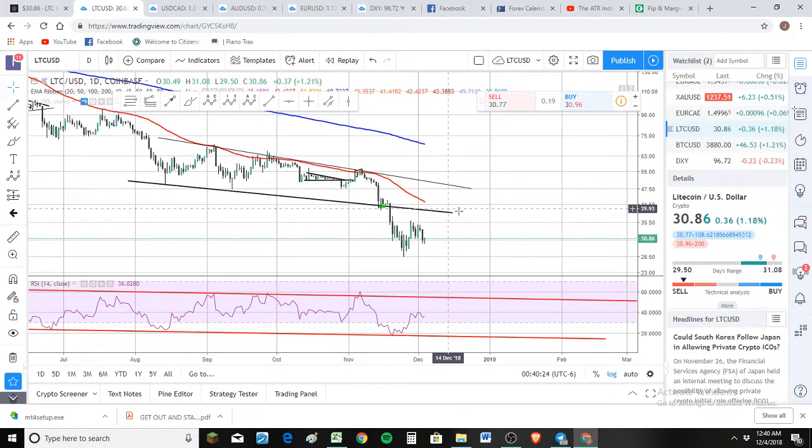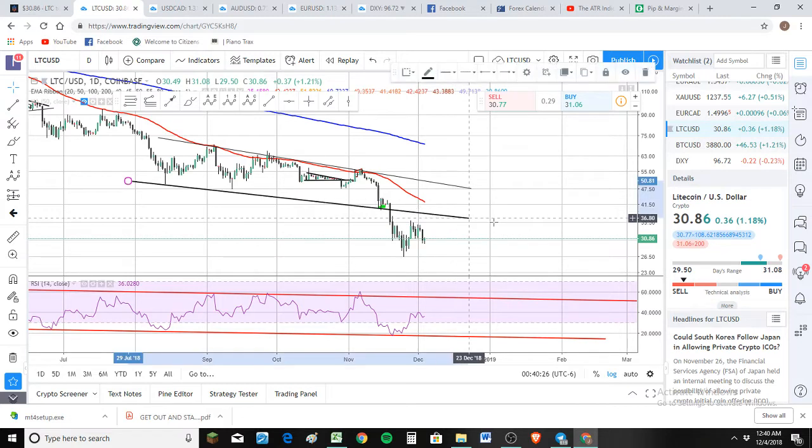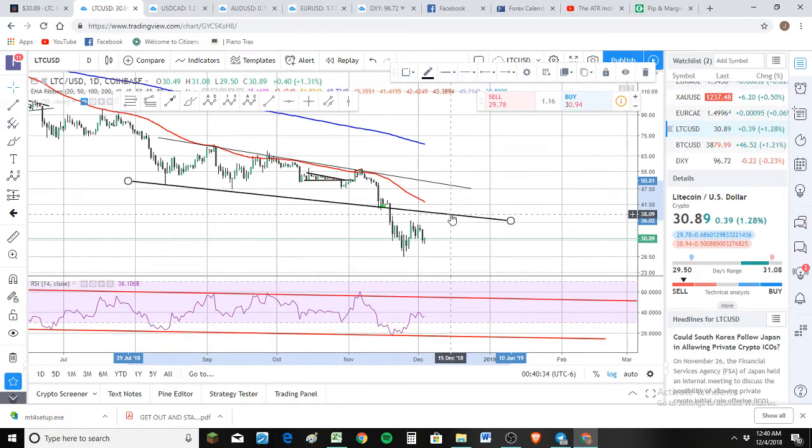We're going to come up here probably and touch it. I don't know exactly how to draw that the best way. Anywhere probably around the $38 range is probably what we're going to come up to. It might wick through it to the $40 range, which would be nice. And then my guess is that we're going to continue down after that.